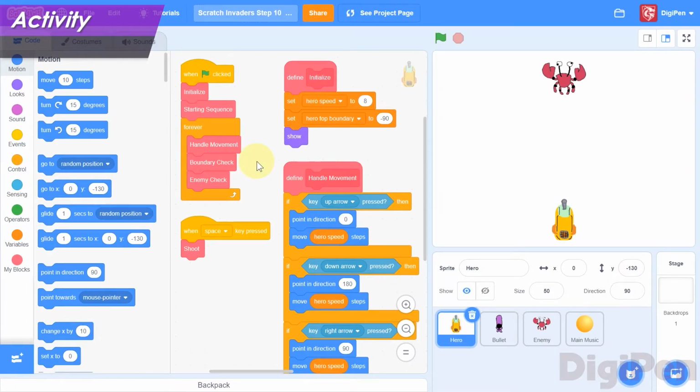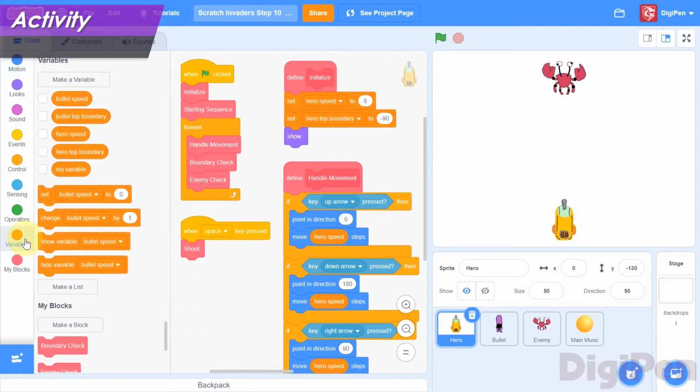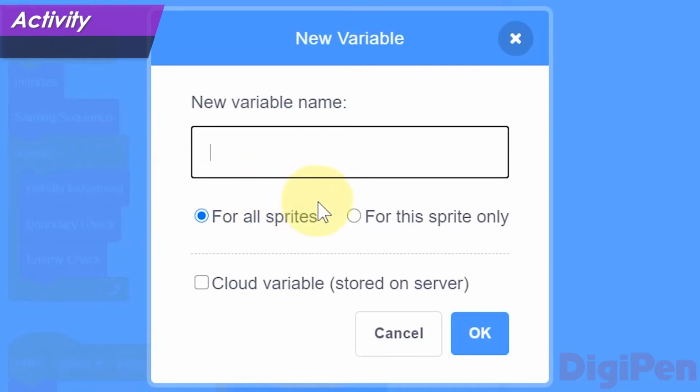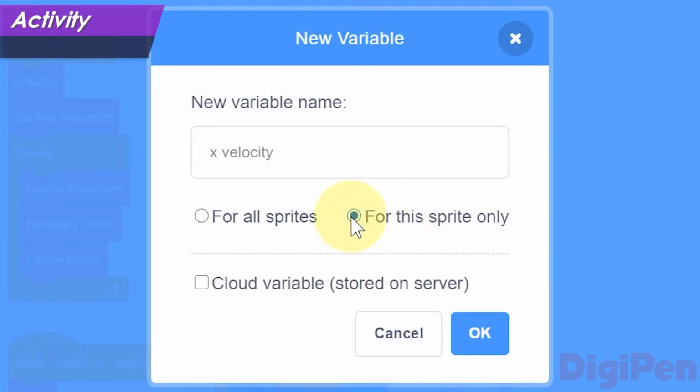First, we need to make two variables, one for the hero's x velocity and another for their y velocity. But this time, we're going to make them a little bit differently, so listen closely. Click the orange Variables category on the left, and then click the Make a Variable button. The Make a Variable dialog will appear. Type the name x velocity in the name field, and then click the For This Sprite Only option,